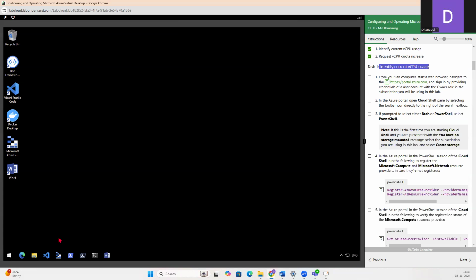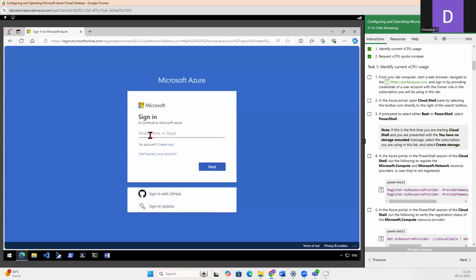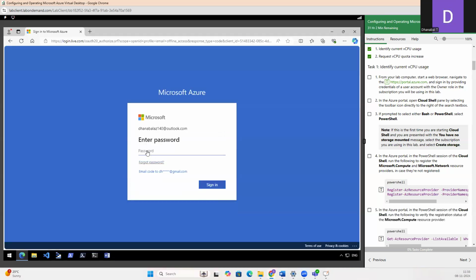So first we need to log into the Azure account. What you can do, you can open Microsoft Edge. Here you can try portal.azure.com. And you have to sign in with the new Outlook account which you have opened. Mine is AZ140 Dhanabal @outlook.com. Next. No thanks. I need to key in the password